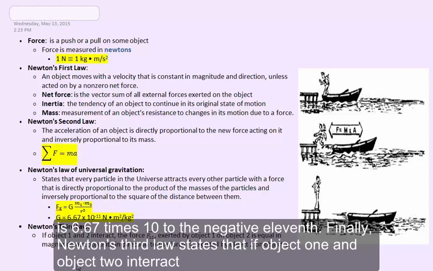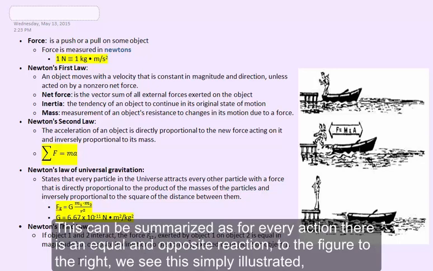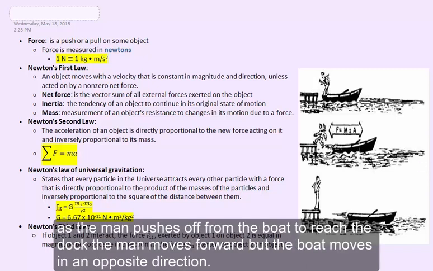Finally, Newton's third law states if object 1 and object 2 interact, the force exerted by object 1 on object 2 is equal in magnitude but opposite in direction to the force of object 2 on object 1. This can be summarized as for every action there is an equal and opposite reaction. In the figure to the right, we see this simply illustrated. As the man pushes off from the boat to reach the dock, the man moves forward, but the boat moves